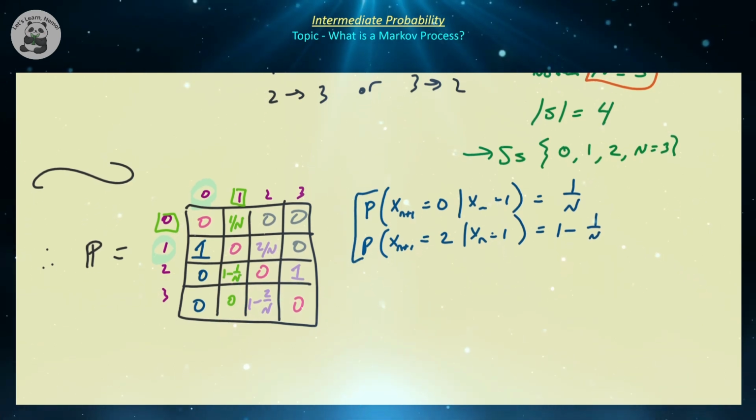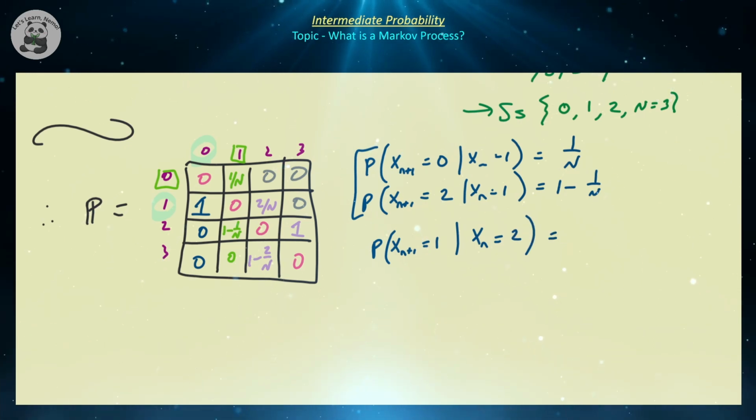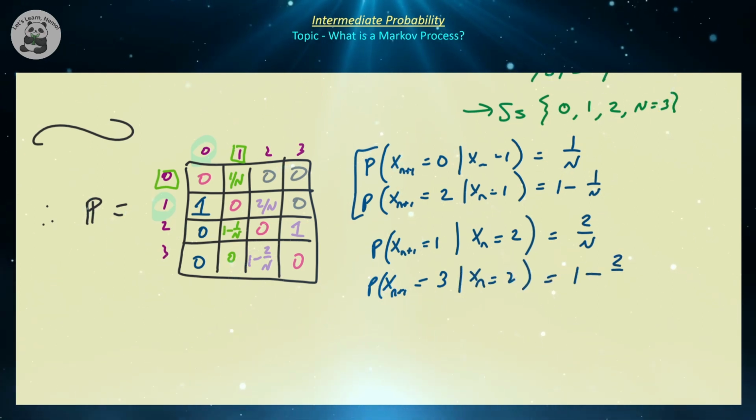And similarly for a couple others, let's do, for example, Xn equal to 2. So what's the probability that Xn+1 is equal to 1, assuming that Xn is equal to 2? That means it decreases by 1. So that means one of those particles of 2 has to be selected. And the probability that Xn+1 is equal to 1 more than 2, which is 3, assuming that Xn was equal to 2, is its complement, 2 over M, because it came from the other place.